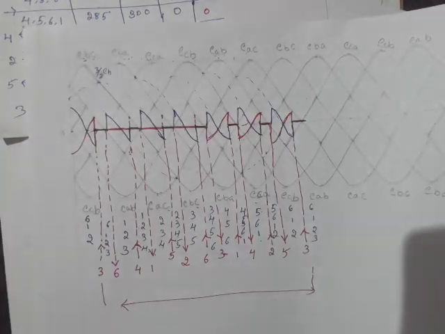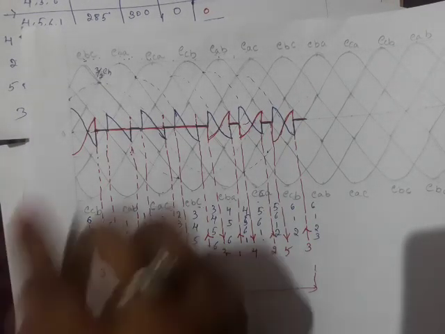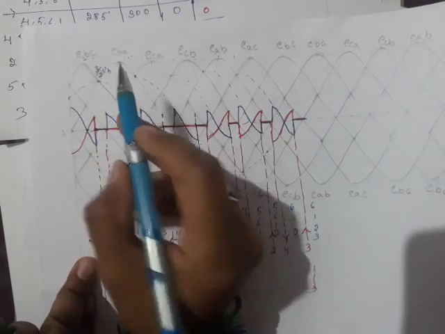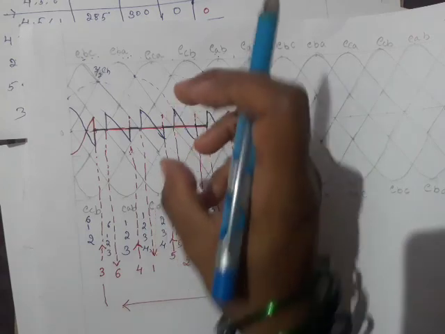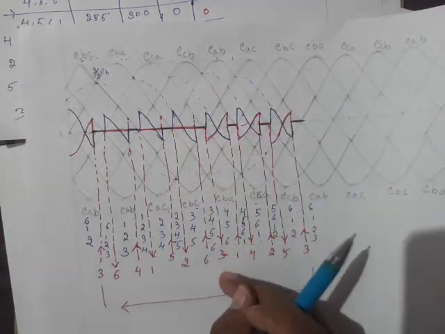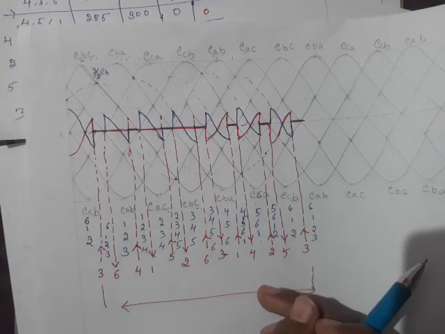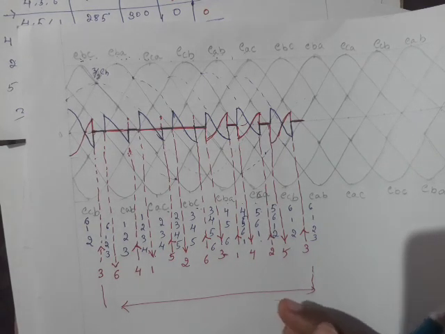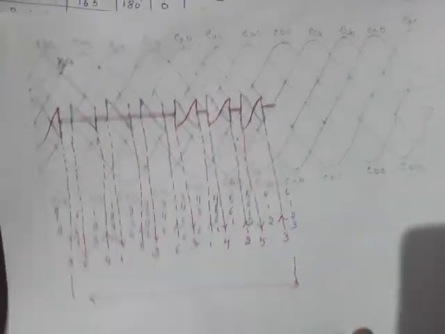So can you see the pattern? The reduction in the output voltage. In the previous case, we were getting the combination of line voltage and phase voltage. But here we are getting only phase voltage. There is a huge drop in the output voltage. That's why we cannot operate with U greater than 60 degrees. So I will wind up here. In the next class, we will see the derivation of current for this. Thank you.